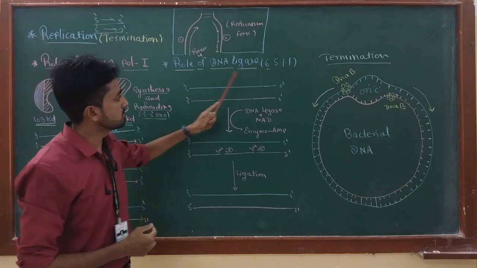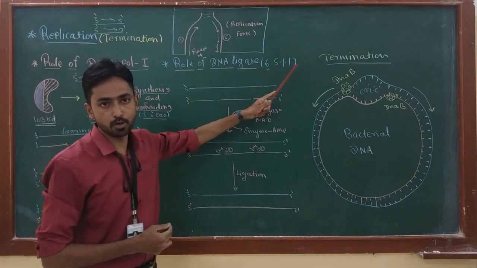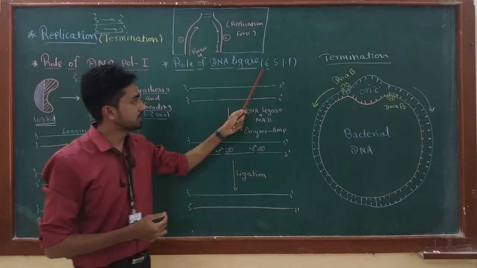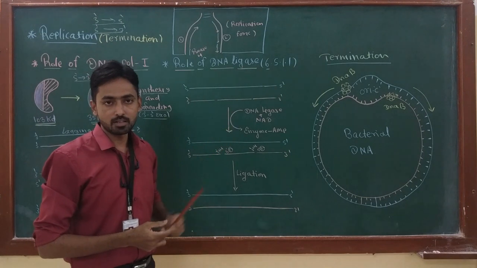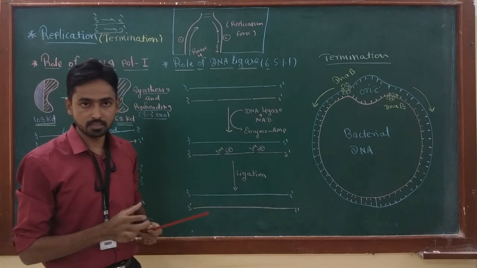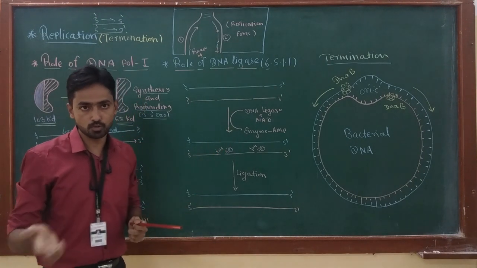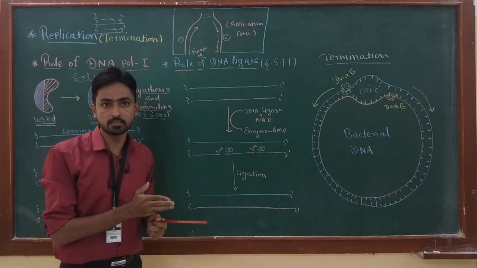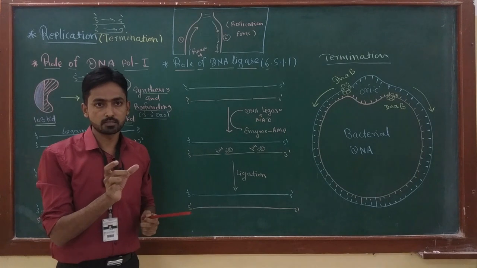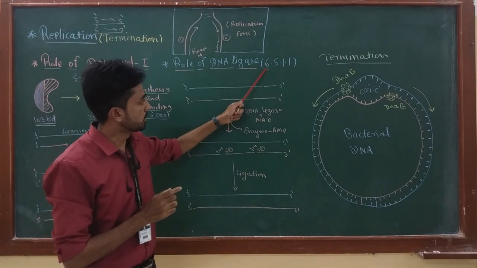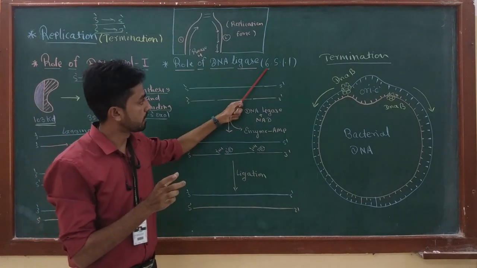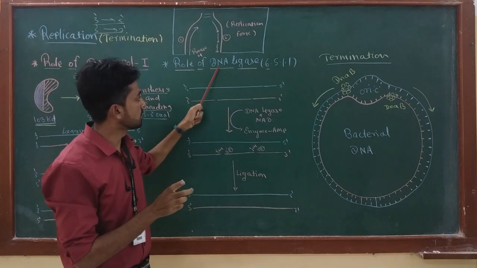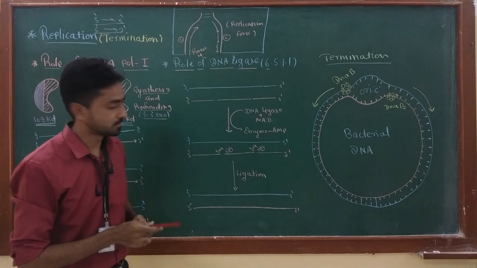The EC number of the enzyme is 6.5.1.1. Okay, enzyme commission number, and this 6 itself suggests it is from the class ligase. We know that enzymes are generally classified into 6 classes: oxidoreductase, transferase, hydrolase, lyase, isomerase, and last is ligase. Ligase is the number 6 class. So the first number from the enzyme commission catalog shows the class of the enzyme. So this enzyme belongs to the ligase class.